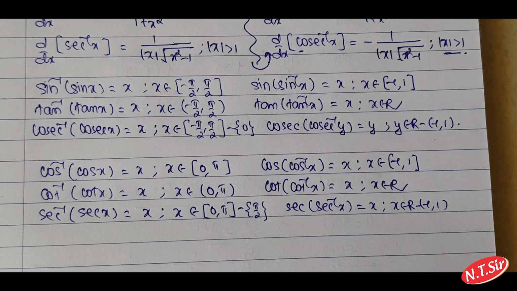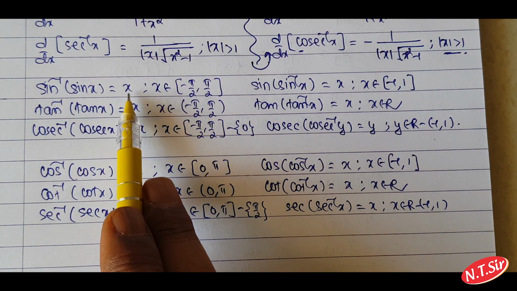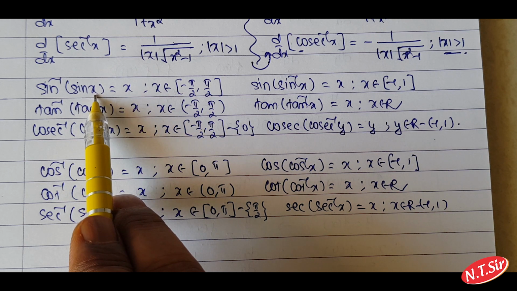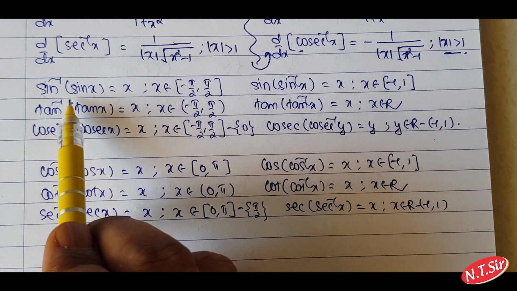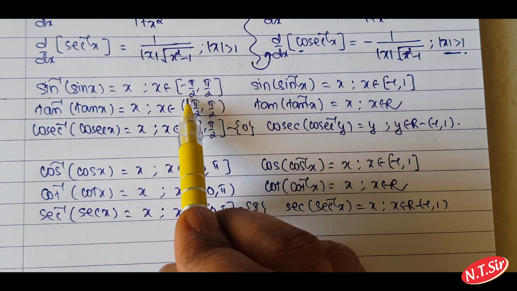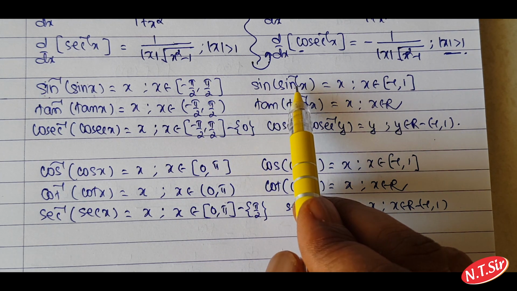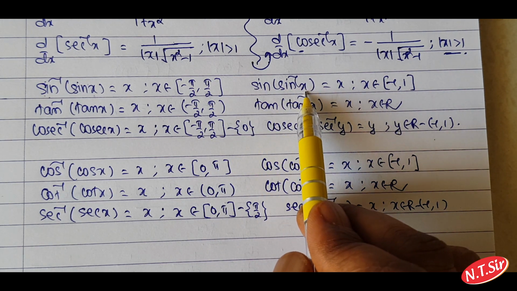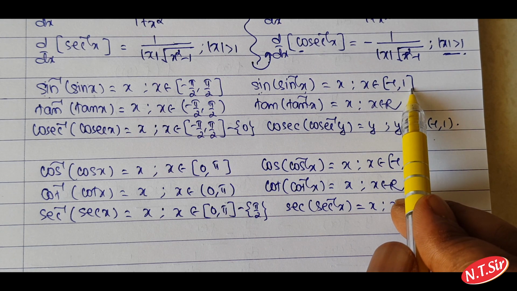तो स्टूडेंट्स, these are the formulas we learned in the second chapter, inverse trigonometric functions, right? You know sin inverse of sin x is equal to x, and इसका आंसर ये x आता है जब x इसकी रेंज में, that is x belongs to the range of sin inverse, which is minus pi by 2 to plus pi by 2, right? And sin of sin inverse x, the answer of this is x if x belongs to the range of the sine function, so the range of the sine function is minus 1 to 1, right?